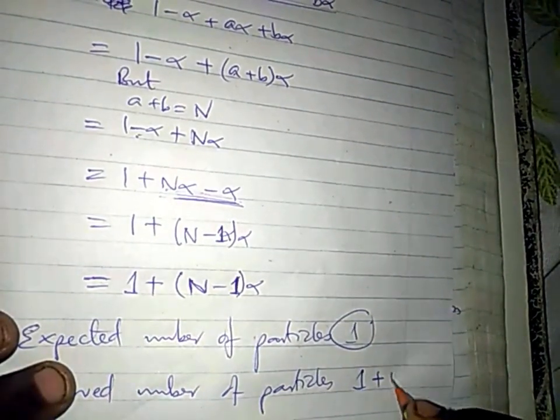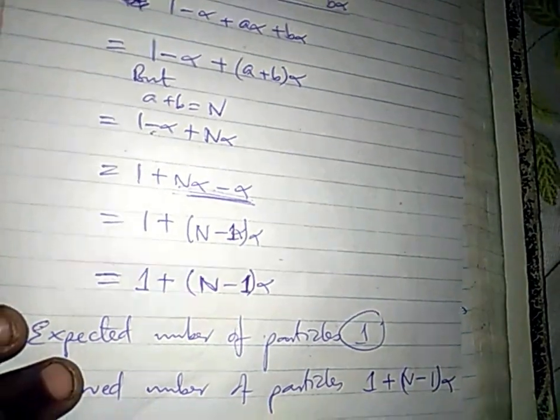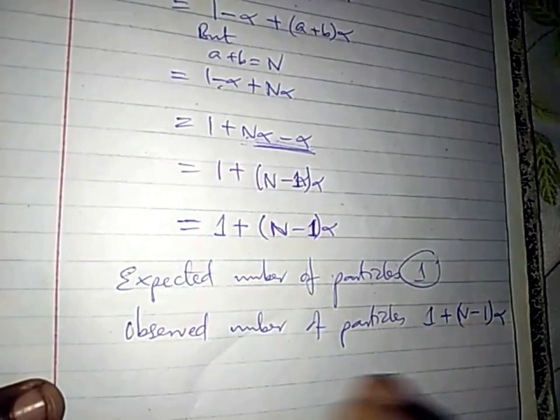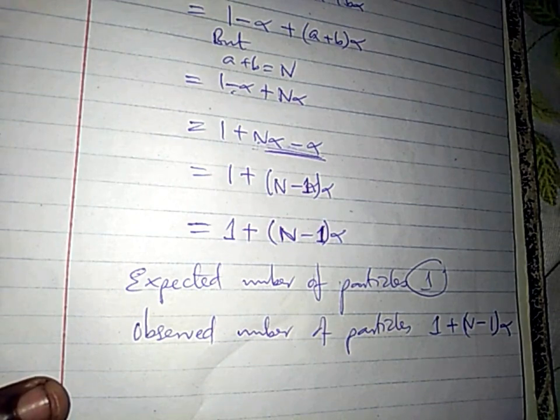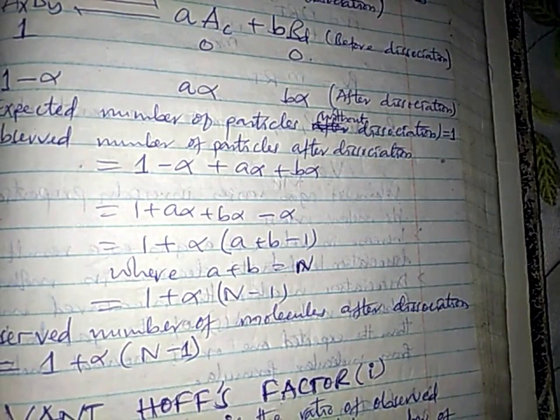Ni 1 plus N minus 1 degree of dissociation. Tutaona jinsi gani ambavyo tunaweza kuipata degree of dissociation. Lakini first now let's see about the